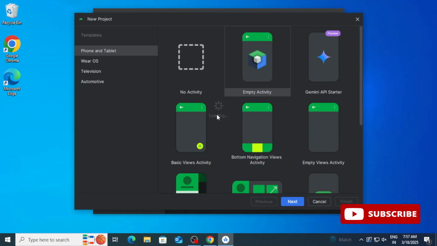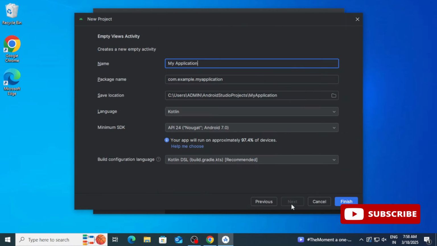Okay, so now guys, here we have various templates available, whether you are creating for phone, tablet or TV. So we are creating for phone and tablet, and then from here we have to select what, empty activity. Okay, and click on the next button. Now guys, here we have to provide various information such as the name of the application, package name. So the name of the application I've given is first app. In package I'm just providing CS Corner instead of example. And guys, this is the location where my Android application will be created. So if you wish to change, you can click on this folder icon and change.